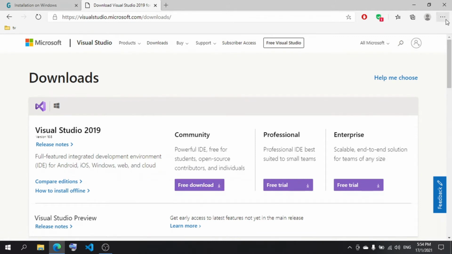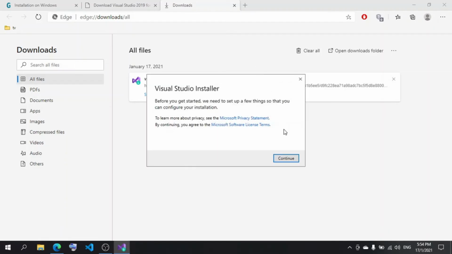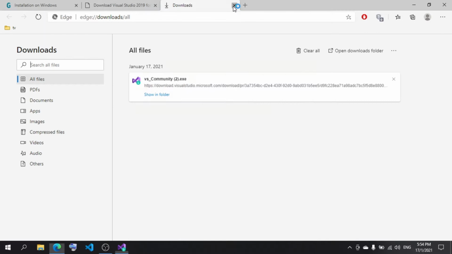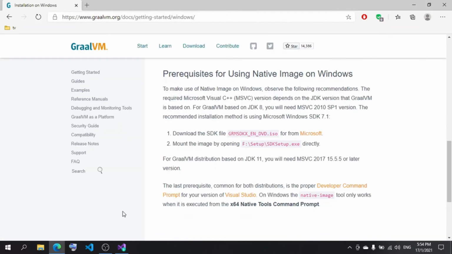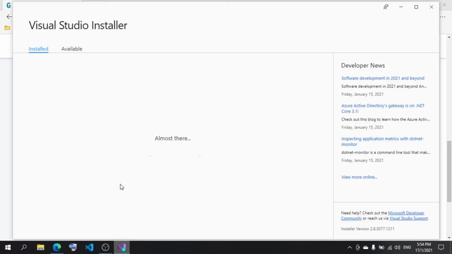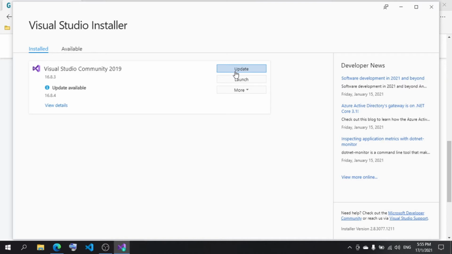In our case, we already downloaded it, so we will open it. Press yes. Once you are there, you need to continue. It will take a minute. My advice is use a good internet connection because the setup is quite large. Once that's done, in my case, I'm seeing some update. I can do it later. For the video part, in your case, you will be installing it. In our case, I just need to show you